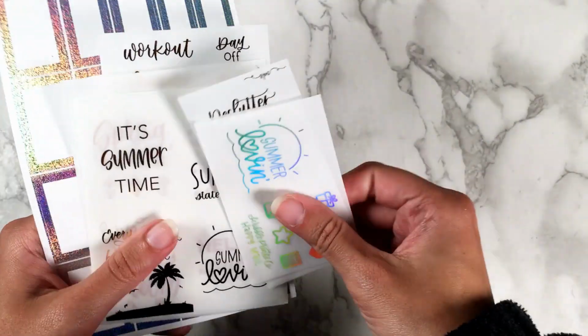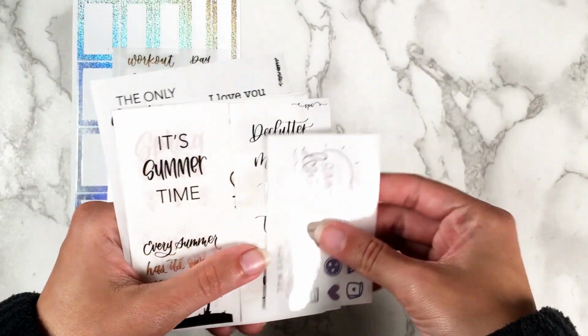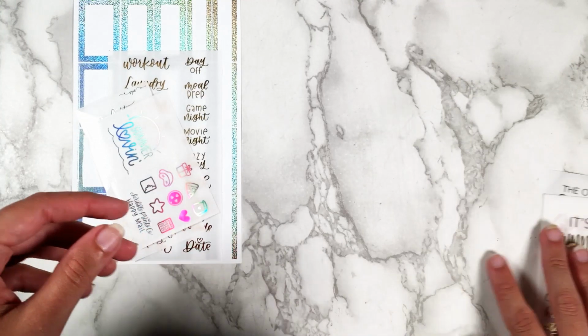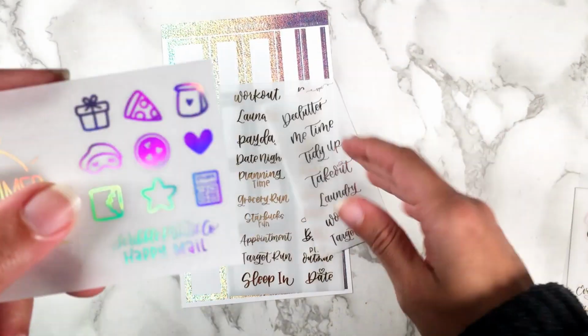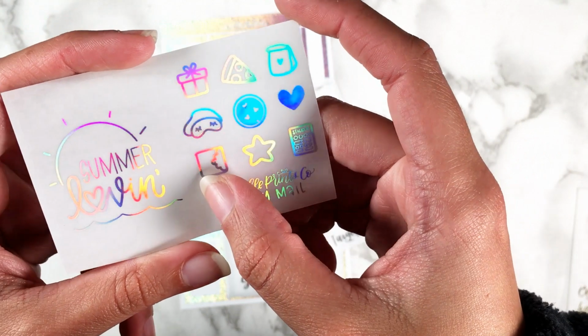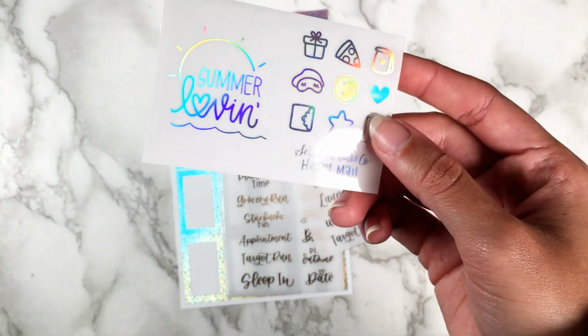There are some freebies in here and some parts of my actual order. So I am just going to go ahead and separate the freebies out first, which are these 4. This doesn't look familiar to me at all, so I'm assuming that this is the all orders freebie, which is interesting because